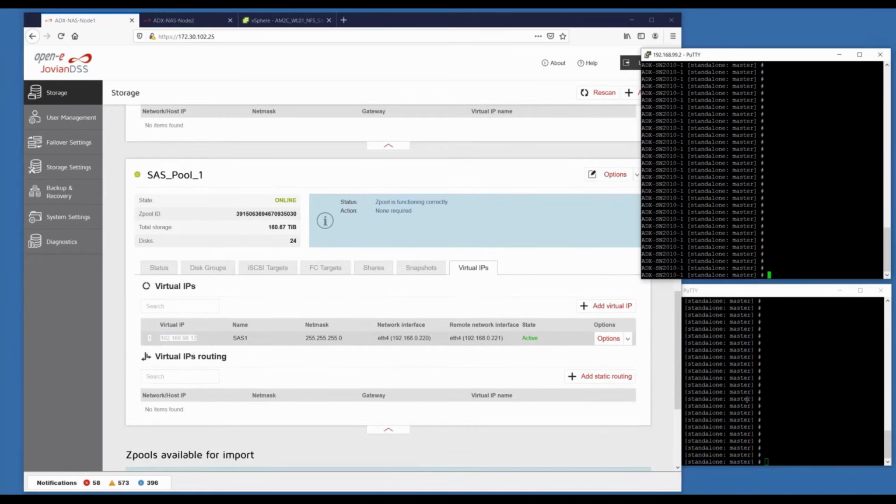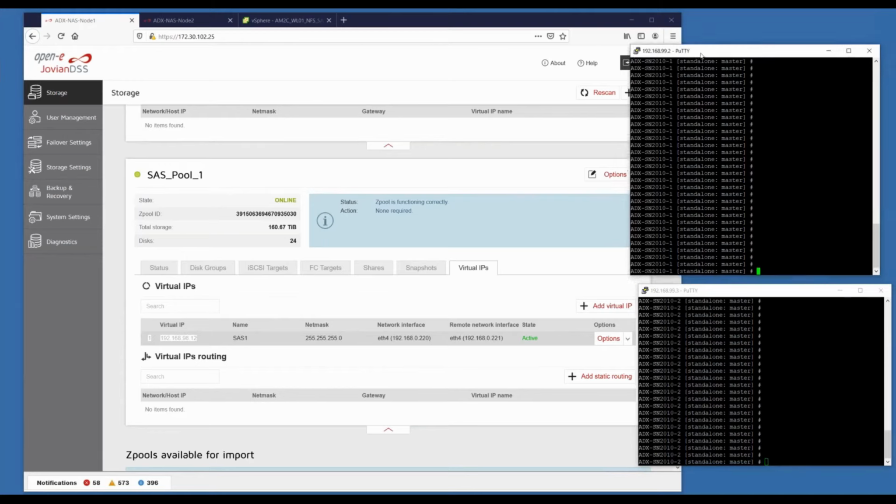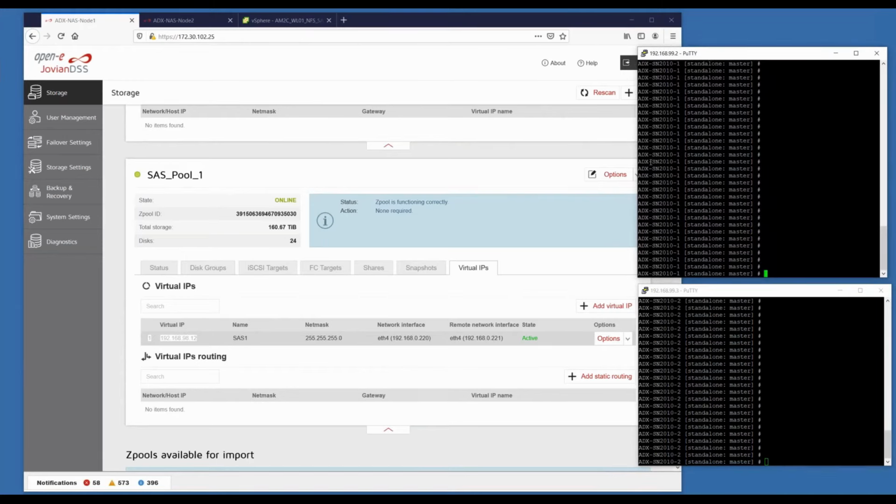98.12. And what I'm going to do is, again, because of the way Jovian is set up, I needed something that was on the subnet in order to ping it. So these are actually my 2 production switches right here. These are these Mellanox SN2000 series layer 3 switches. And I'll basically get that going.